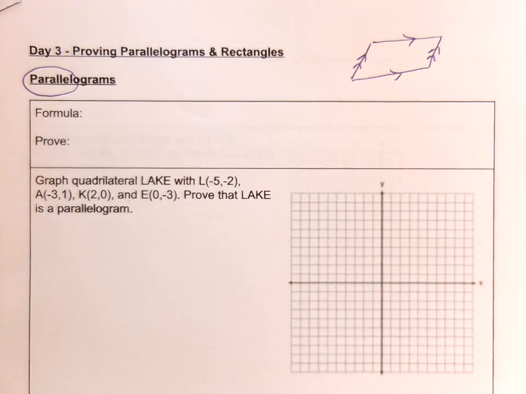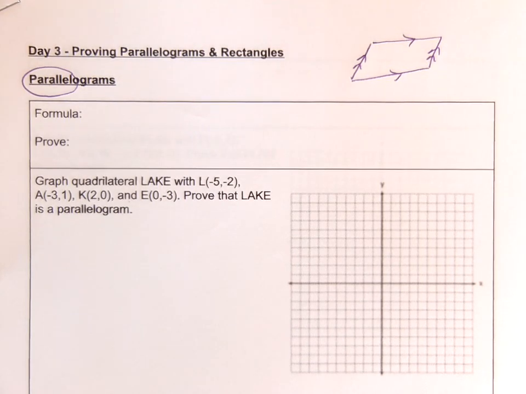There's a few other methods. If you look it up on Google, you'll be able to prove parallelograms with opposite sides the same length, because we know opposite sides are congruent. You could prove that the diagonals bisect each other with the same midpoints. That's totally okay too. But just for consistency's sake, it's easiest to find all four slopes and show that